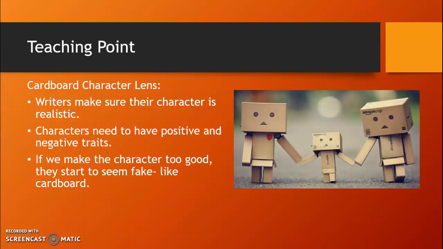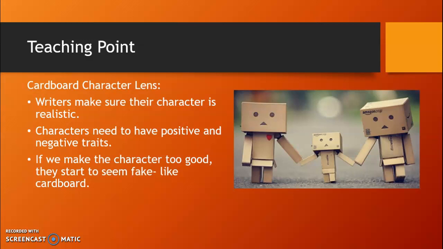So if we make them too good to be true, they start to feel fake because we know that no one's really like that. And so we need to make sure that we're taking the time to make our characters feel real. And even if that was your intention in the beginning and you're like, oh, I did this already whenever I focused on my characters and I wrote down their internal and external traits, you probably did in your mind, but you need to reread your paper to make sure that you've conveyed that to your reader through your